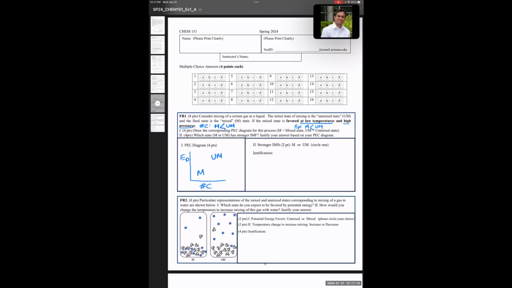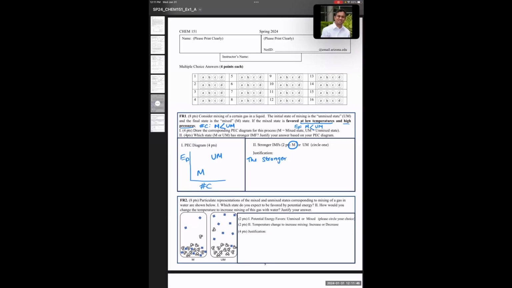All right. And then stronger IMFs in M or UM. So the idea is, the stronger the intermolecular forces, so the stronger the attractive interactions between the particles, the lower the potential energy. The mixed state has a lower potential energy. Okay, therefore, the mixed state should have stronger intermolecular forces. Okay, so the justification would be the